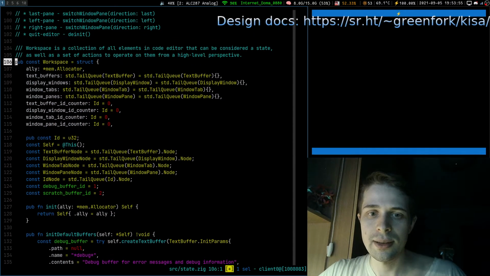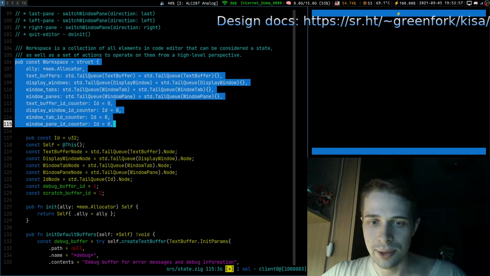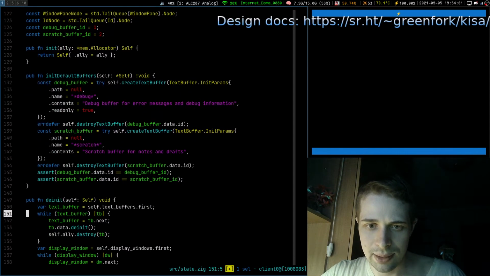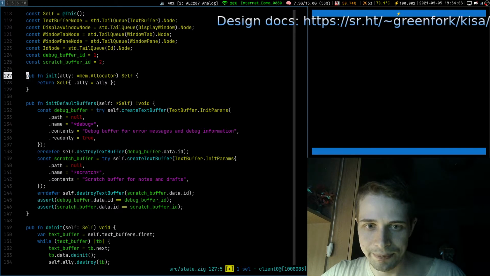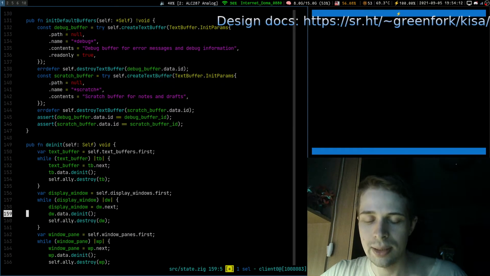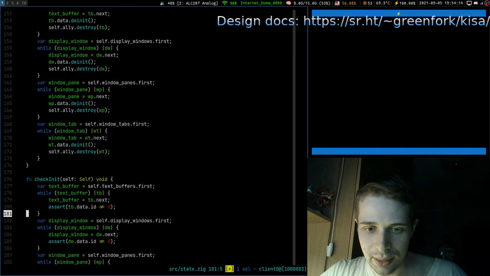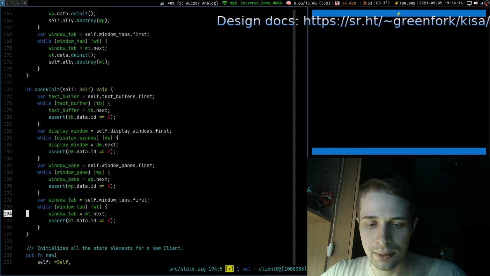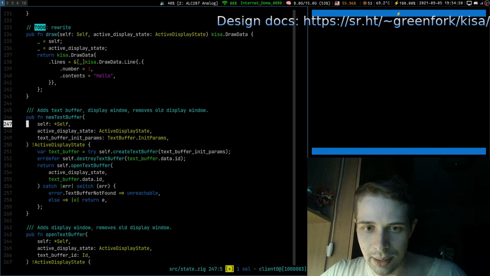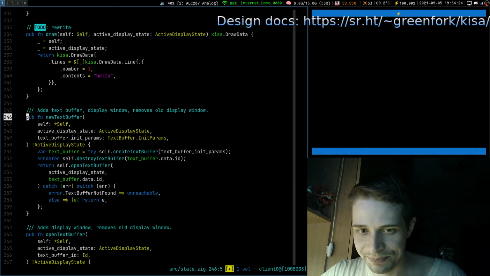Our workspace does managing of resources, and I believe that we should have an easier time dealing with that. Yeah, init default buffers, so it basically has everything we need, and we should ask it to just create a new text buffer, like here, probably.